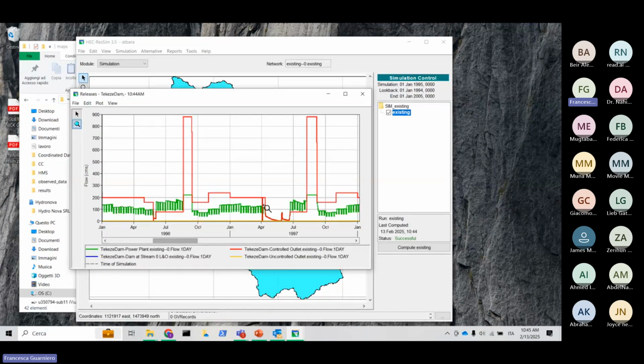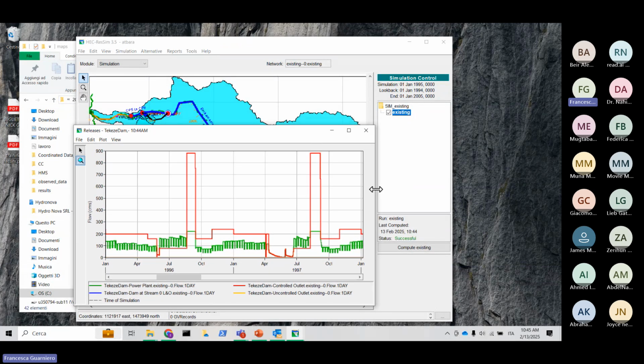I think we have the same problem as before. When we doubled the energy demand, there was a shortage in the same period here. And now again, we have the same problem. So it is not possible to double the irrigation demand as before. We need to come back to the previous configuration. Let's check also